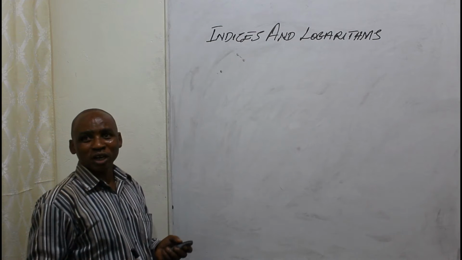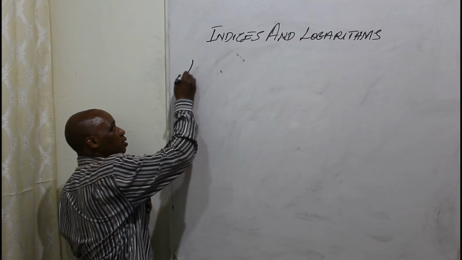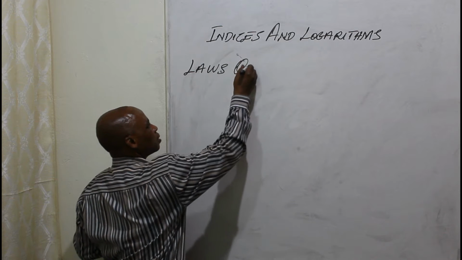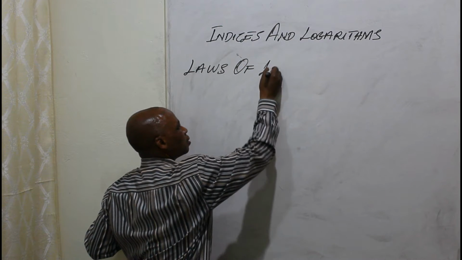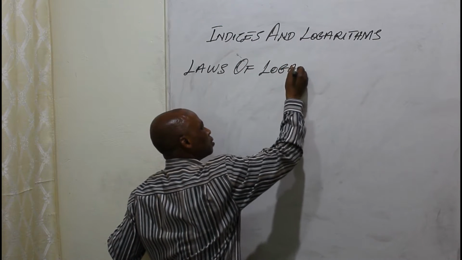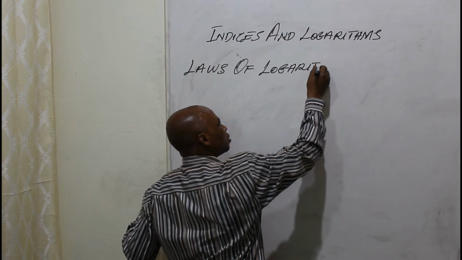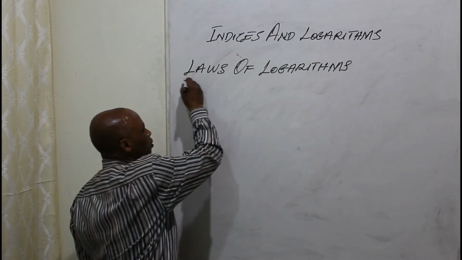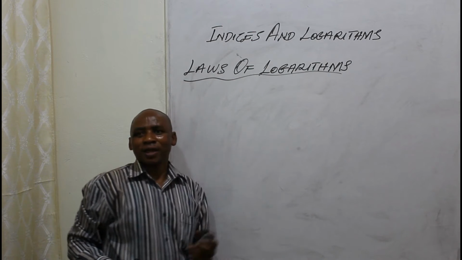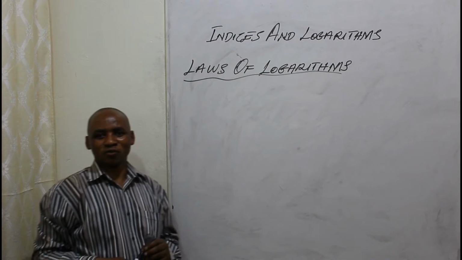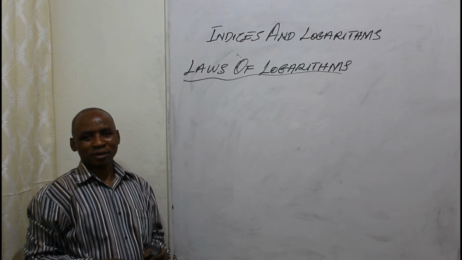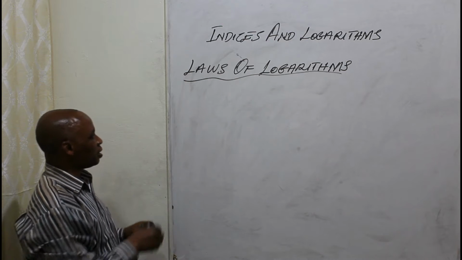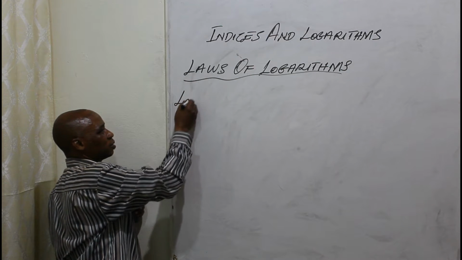And we now move on to the laws of logarithms. There are four main laws of logarithms. They are the first law,